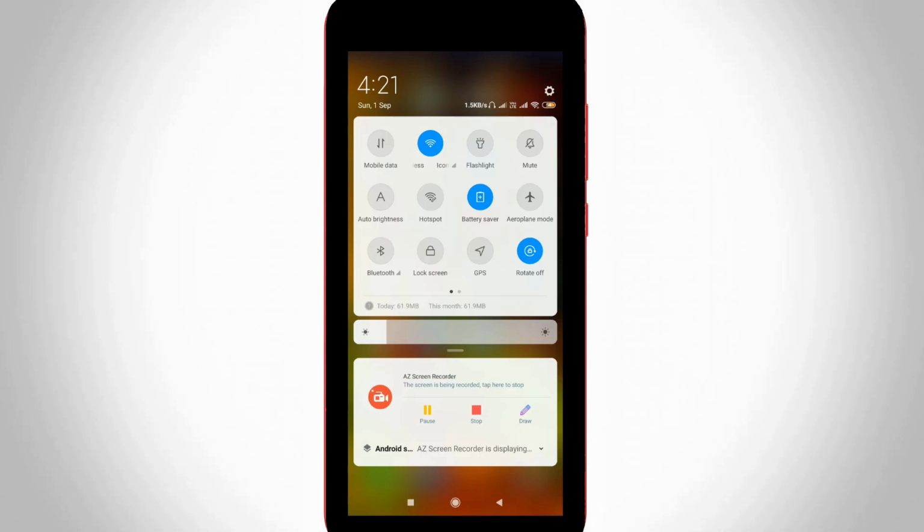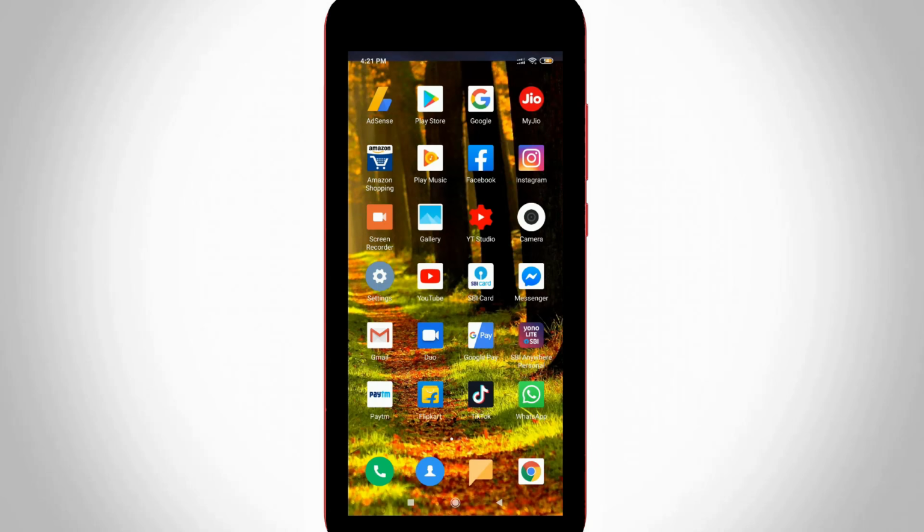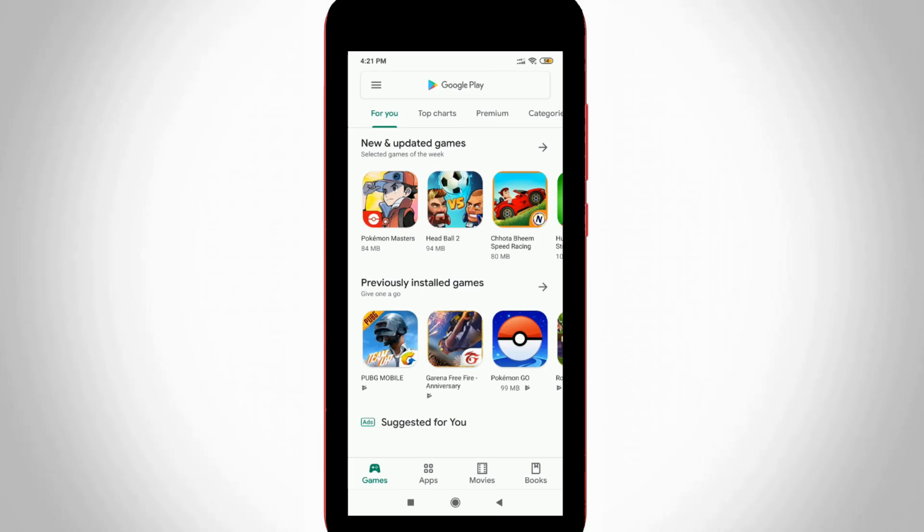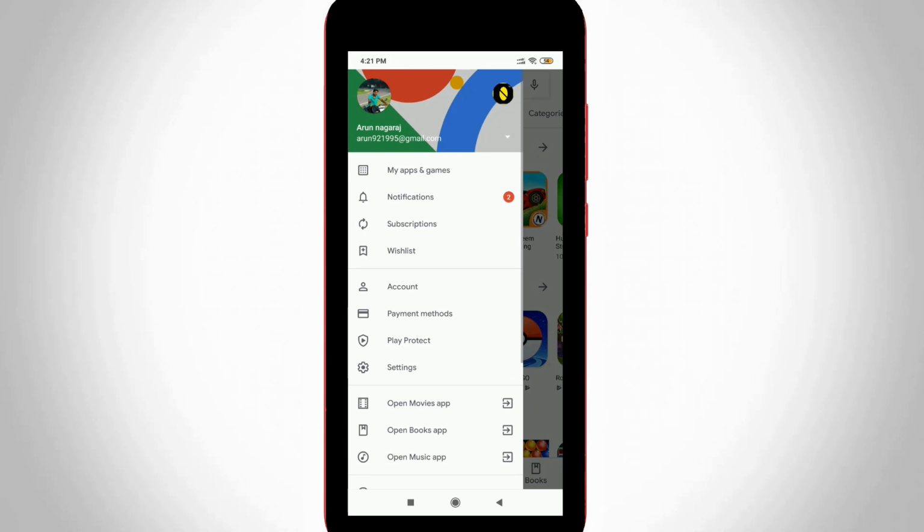So the first method is, if you are using a Wi-Fi connection, just follow me friends. First of all, open your Google Play Store application in your Android mobile or iOS device. Now in this home page section, you can press the horizontal 3 lines icon, placed almost at the top left side corner, and this icon will help you to access your settings menu. So simply select it and then a sliding window opens. Here you can go to settings.